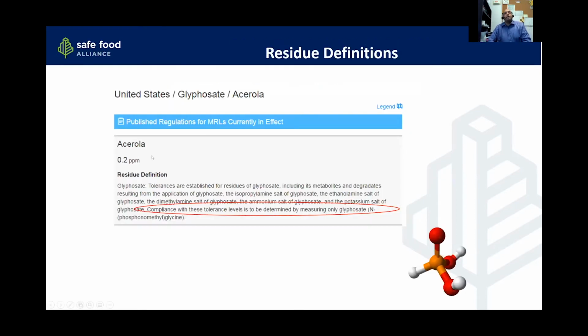Right. A few other things I think are important to know are residue definitions. So sometimes, measuring a chemical is not as simple as just measuring that specific chemical. Here you can see for the United States, the residue definition, which tells you what you need to measure to determine what the residue of glyphosate is. And there's a lot here, a lot of different forms of glyphosate, but at the end, you're measuring only glyphosate,